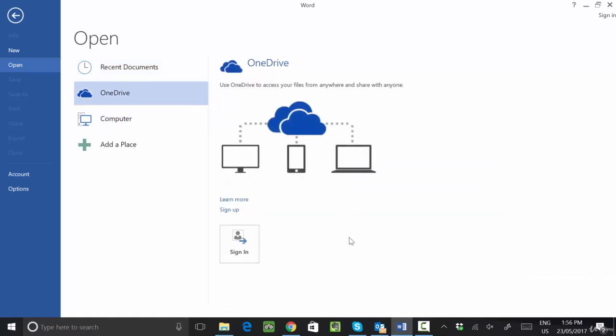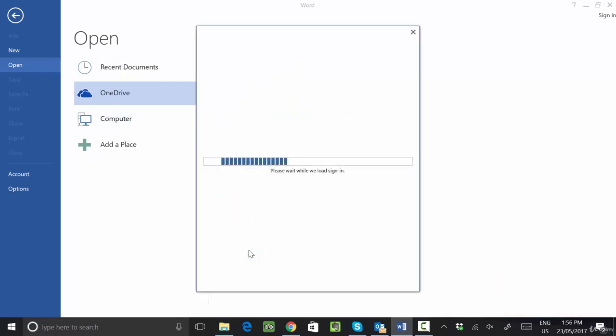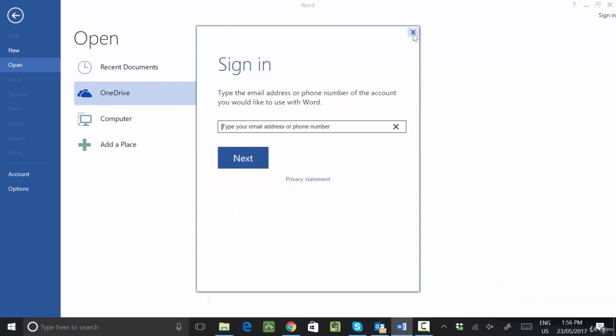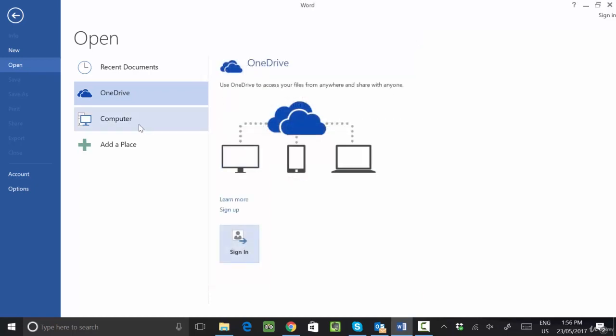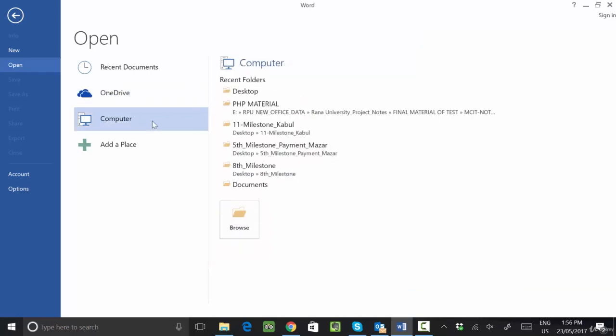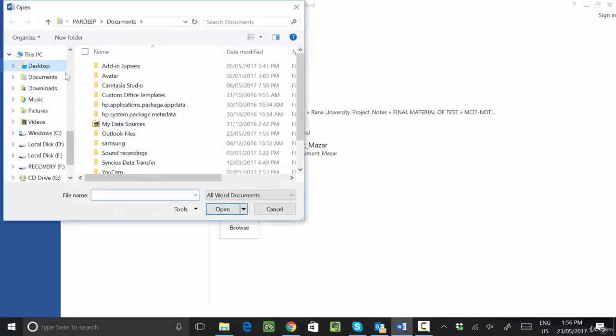If your document is saved online, you can go to OneDrive and click on the Sign in option, and it will connect you with your OneDrive account, and you can download the file to your system and it will open directly in MS Word. Another option is This Computer. Normally most people save their documents on their computer only, so you can choose Computer, go to the Browse option, and open any file from here.